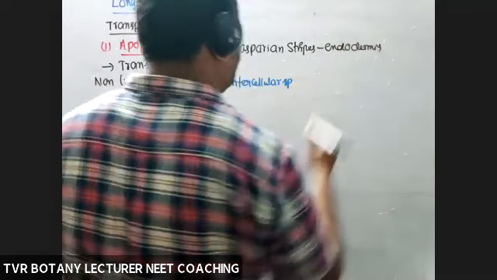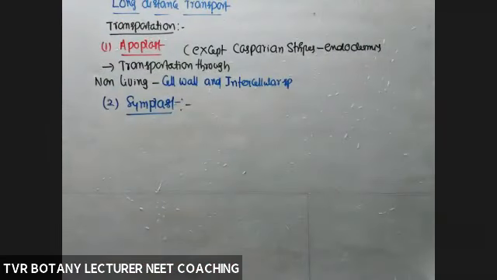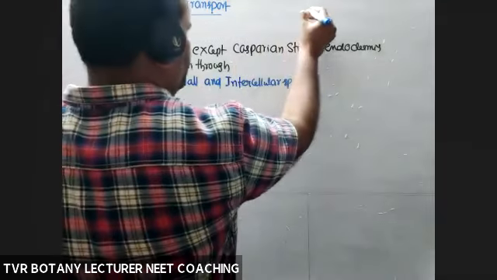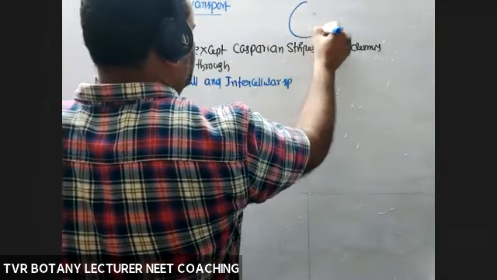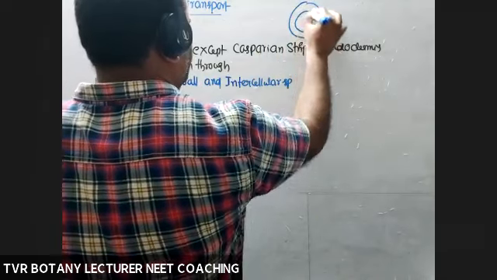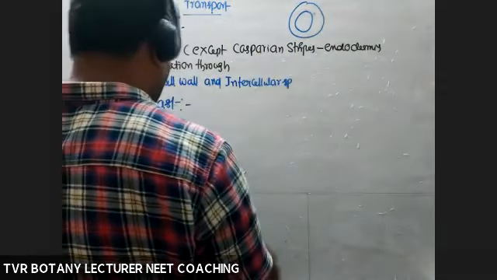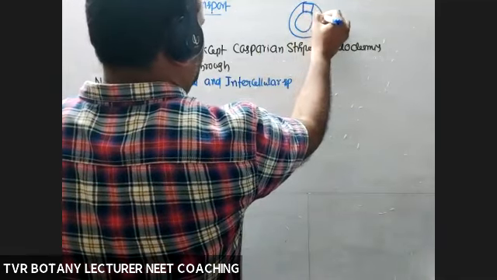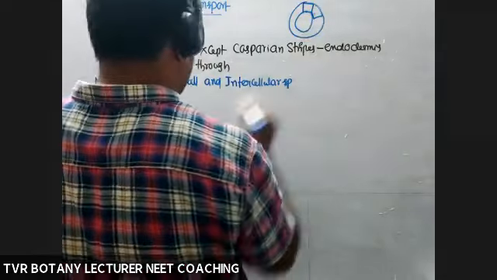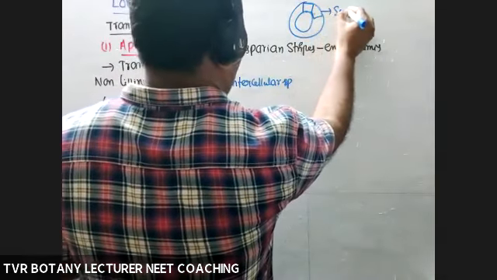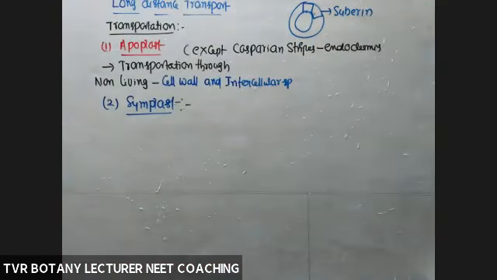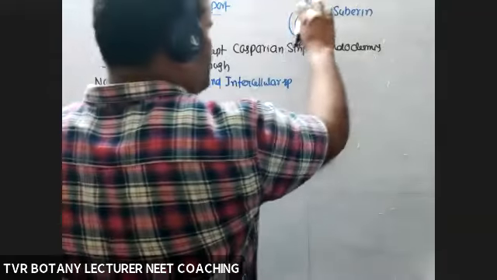Go back to anatomy. What are the Casparian strips? Casparian strips are identified as suberized coatings. For example, this is endodermis of root. Go back to anatomy. Endodermis. So maximum region of endodermis is with a suberized coating. So excessive suberin is present. Suberin is a waxy coating that is impermeable to water. So maximum part is suberized,